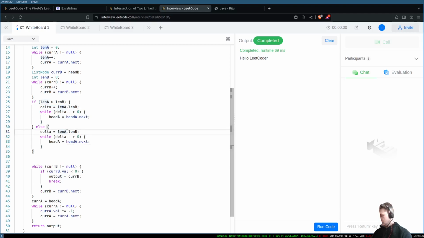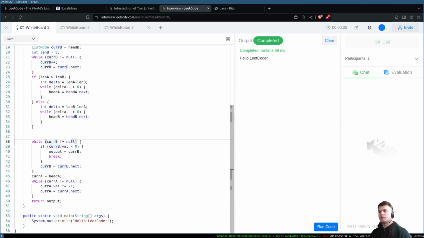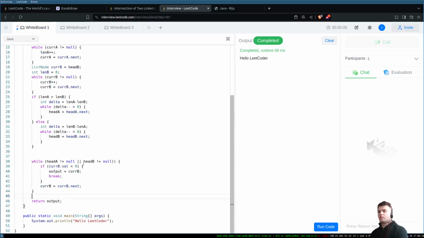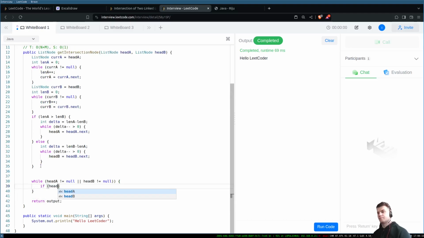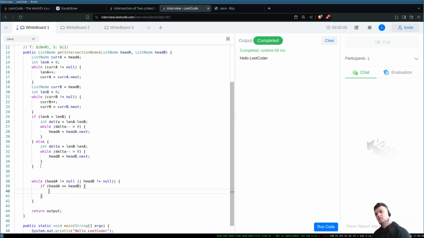We do delta len B minus len A, and then head B equals head B next, and then we do the while head A not equal null, or head B not equal null, we do the following: if head A equals head B, then return head A,